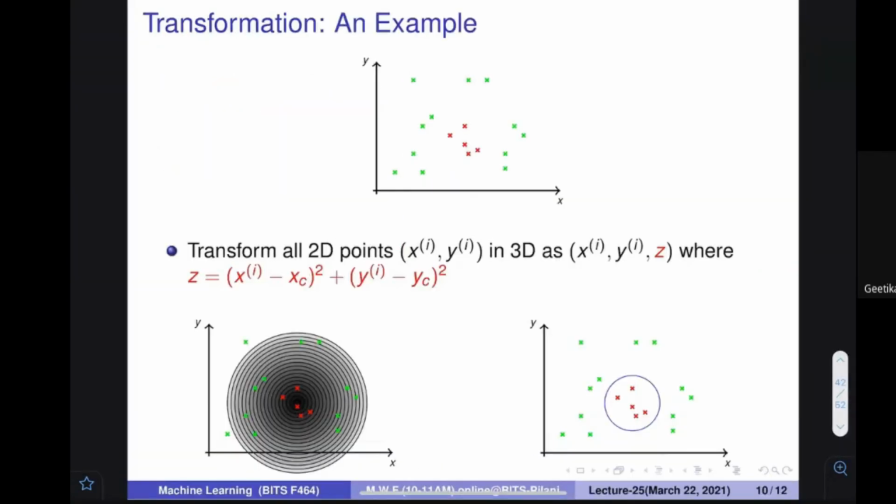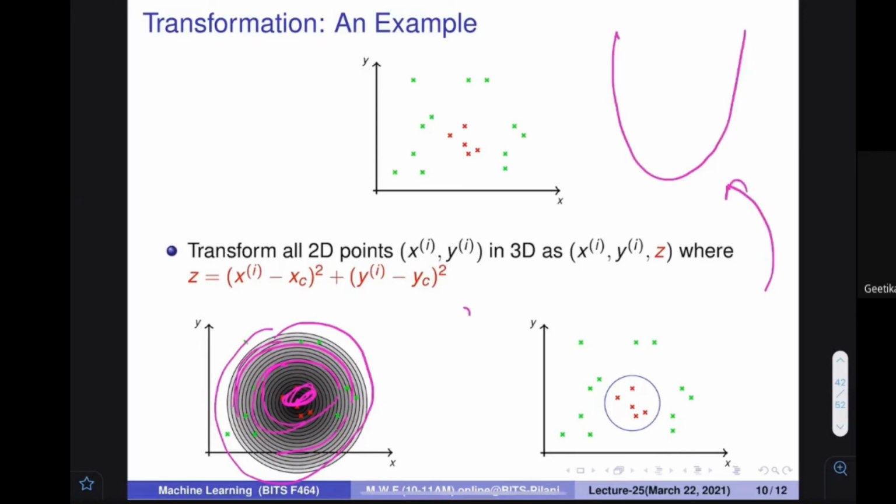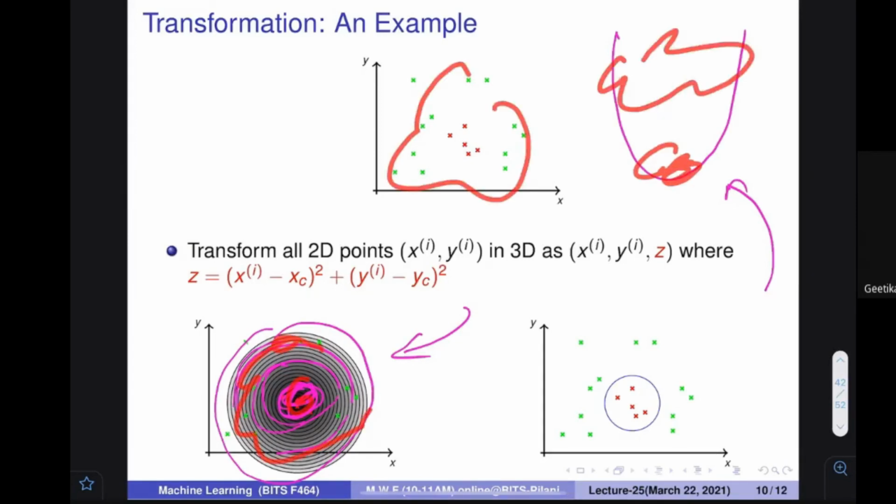So what would happen if at whatever point I put the xc, yc, you can think of it as a well, okay? From outside, it is going to be deeper, deeper, deeper. It looks like a well. If you see this well from a different angle, it would look like this. So all the points which are here, they would be here. All the points which are actually here, outside points, they would be here.